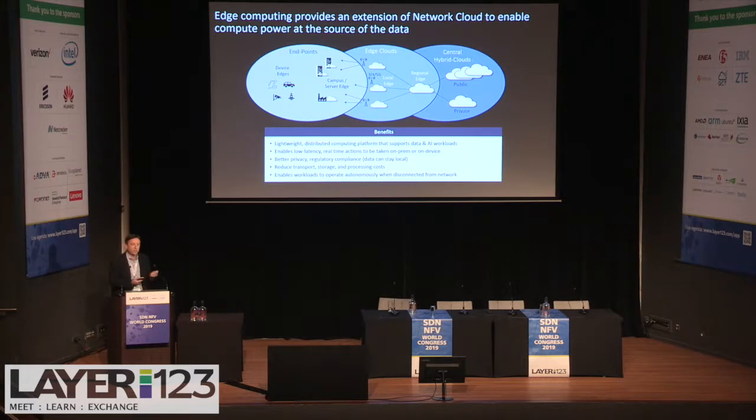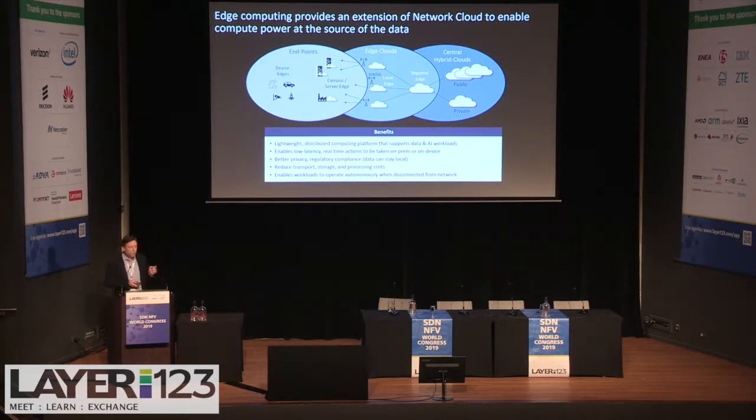But we need those data models there to do that inference as well. And back to the example, it enables workloads to operate autonomously when disconnected from the network. Those cruise liners or those mining companies, those manufacturing plants that have disconnected from the core network or from the mobile network, they still need to operate because there's huge costs when they don't. Those wind farms, the $250,000 an hour cost if this thing goes wrong, right?